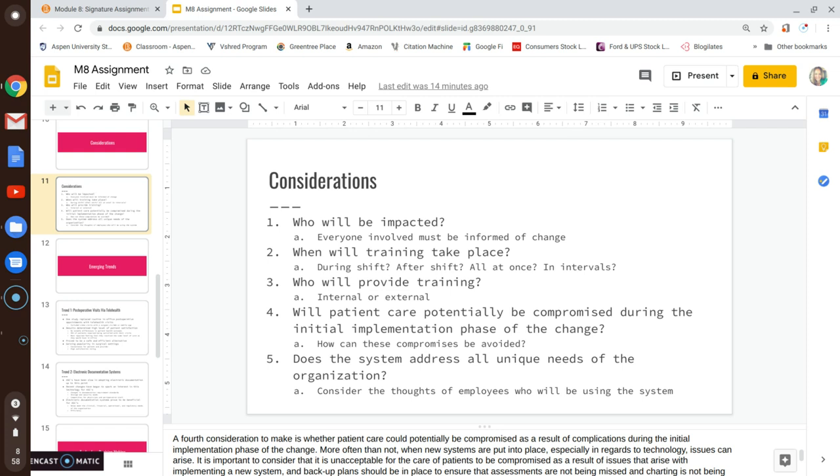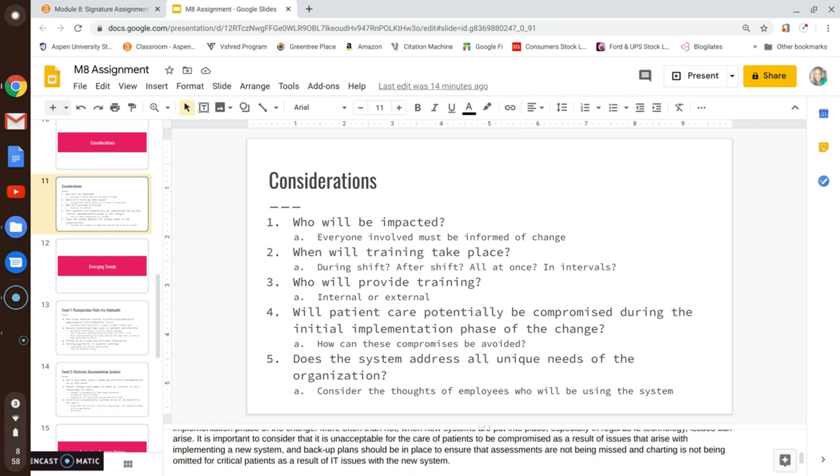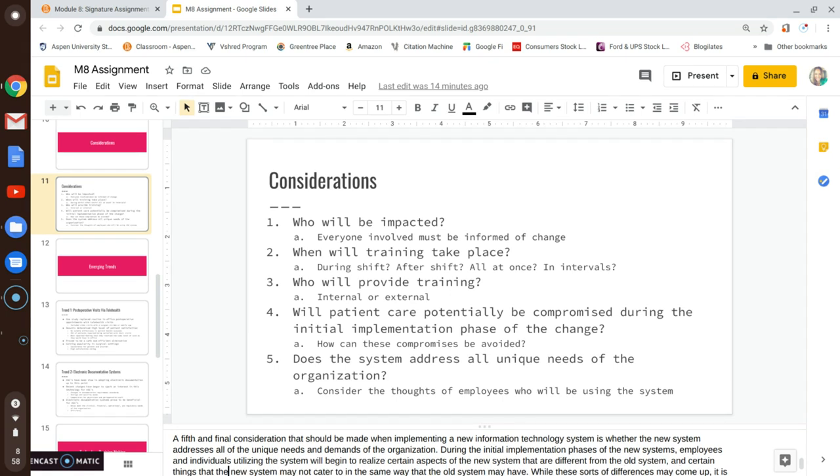It is important to consider that it is unacceptable for the care of patients to be compromised as a result of issues that arise with implementing a new system, and backup plans should be in place to ensure that assessments are not being missed and charting is not being omitted for critical patients as a result of IT issues with a new system. A fifth and final consideration that should be made when implementing a new information technology system is